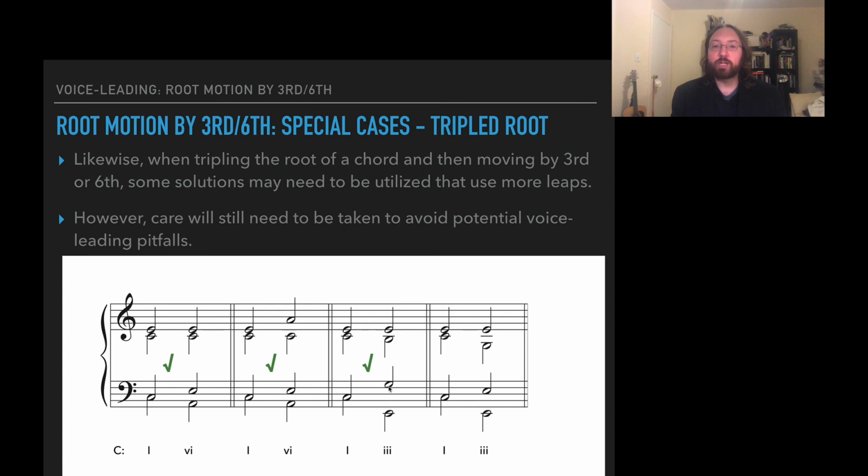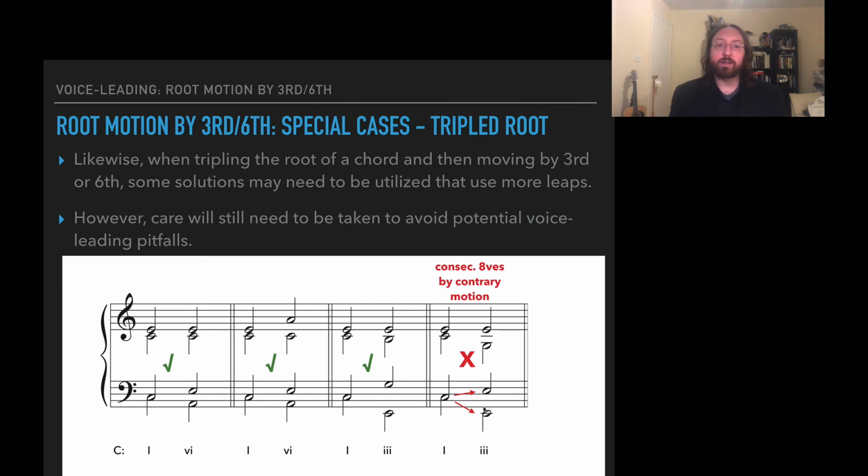C leaping up to a G makes sure that we've got the third of the chord, and this leap doesn't create any sort of perfect interval issues. However, in this last example, we end up having consecutive octaves by contrary motion when we leap from a C and a C in the bass and the tenor to an E and an E in the bass and the tenor. So there are different possibilities, and we will end up leaping a little bit more if we don't double